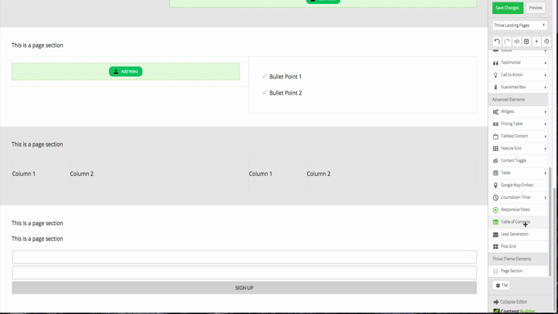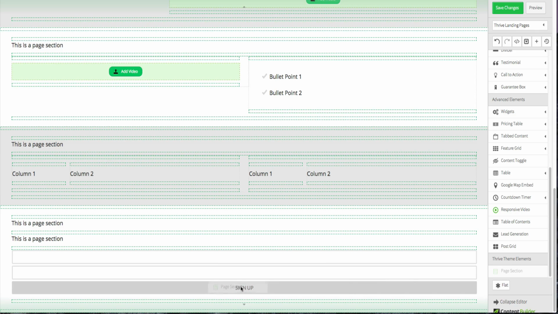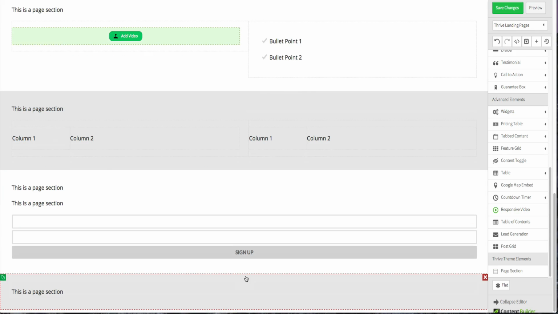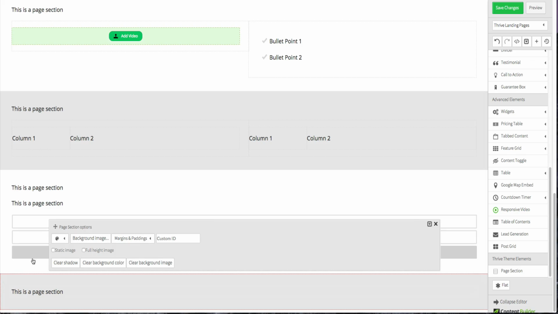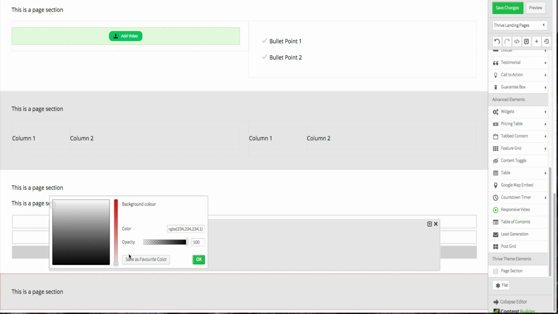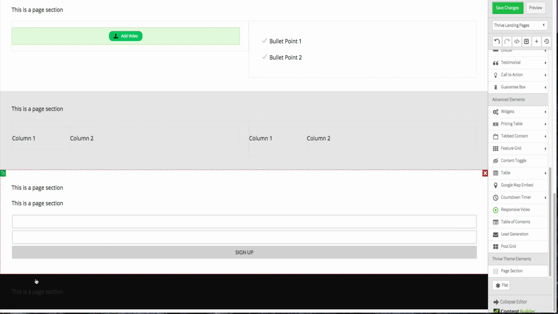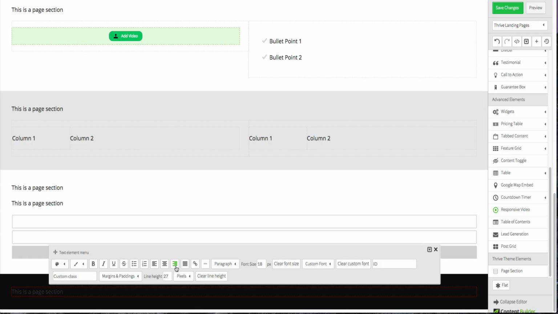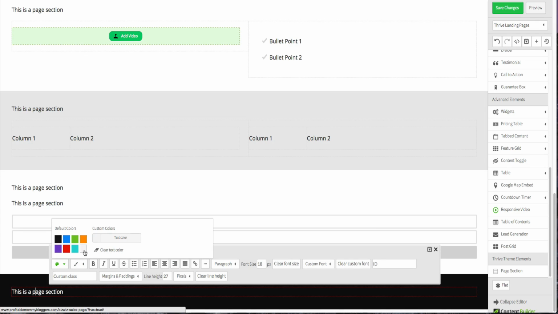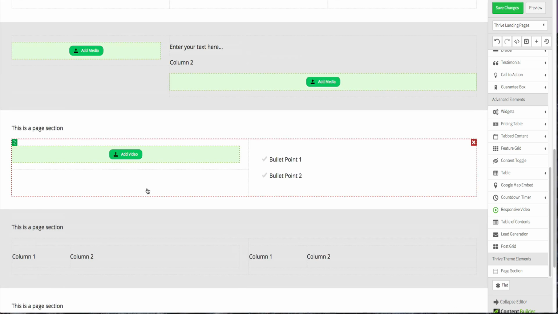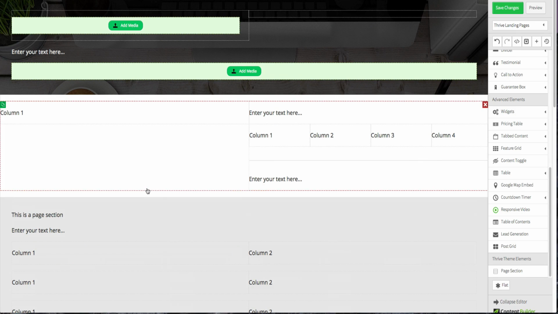And finally we have the footer. So I will just add a new page section and drag it at the bottom and change the color to, let's say, black, and change the color of this text element to white just to see the text. Okay, so now we have all of these elements on our landing page,